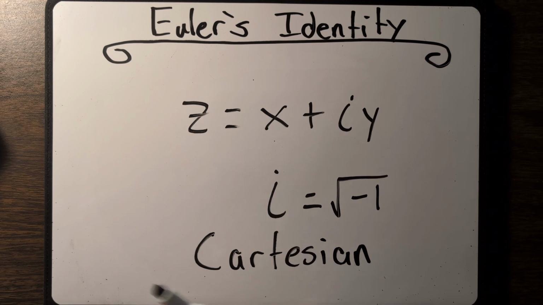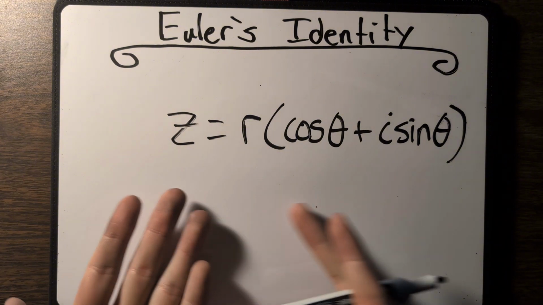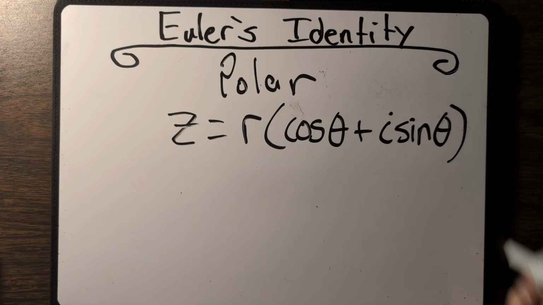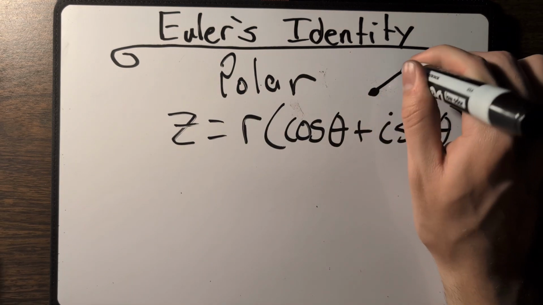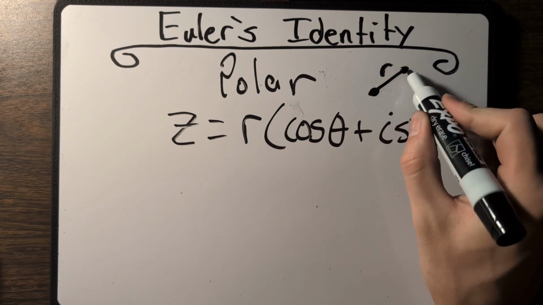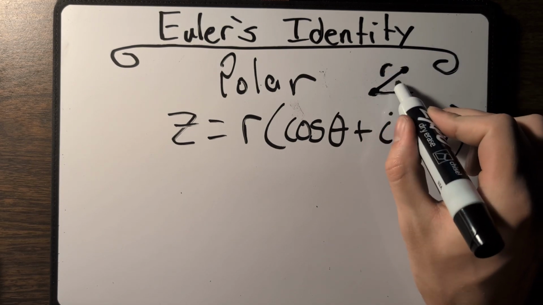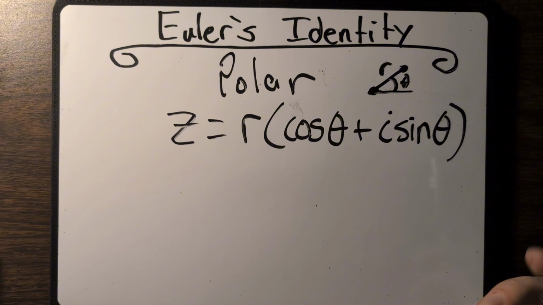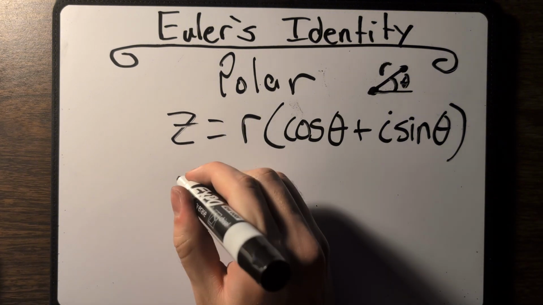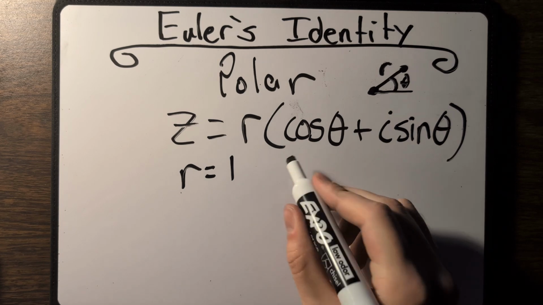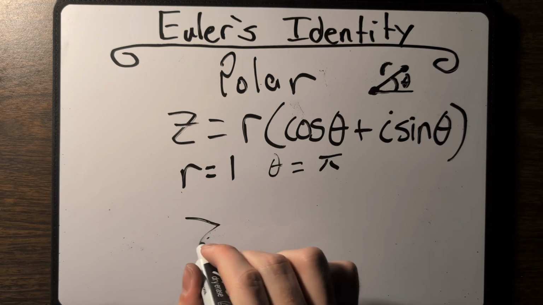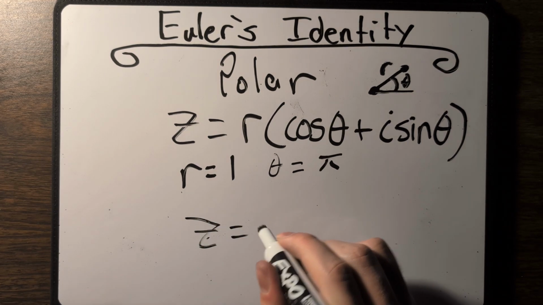which is very important for later, because when we transfer into polar coordinates, we get the equation in polar coordinates, where r is this distance from the center, and theta is the angle at which that point resides. Now, if we set r equal to 1, and we set theta equal to pi, we get z equals, r